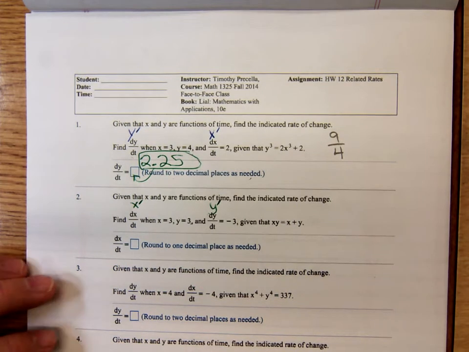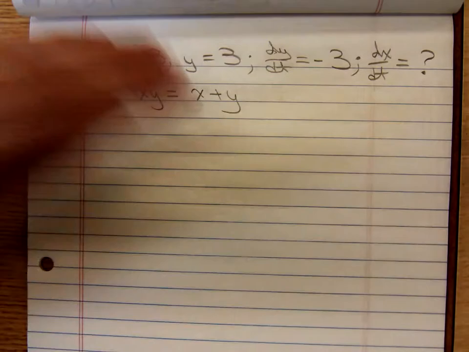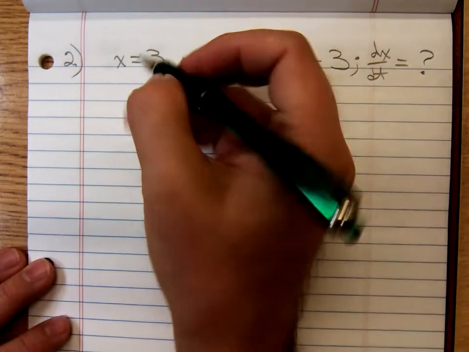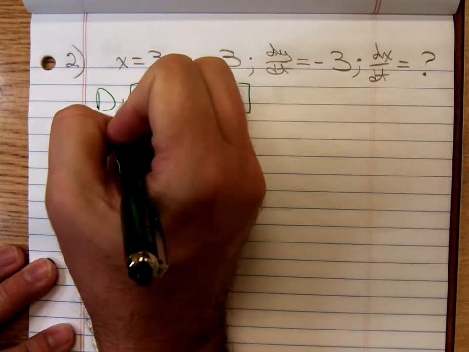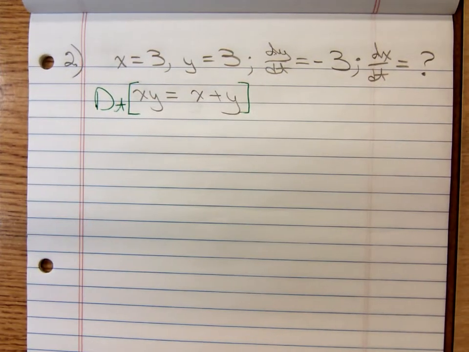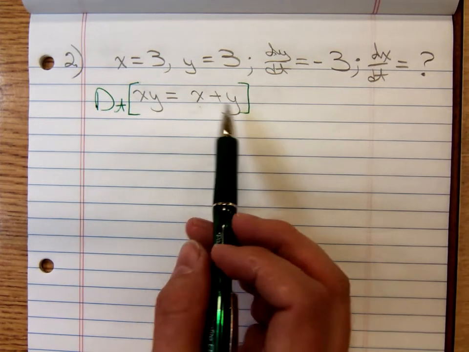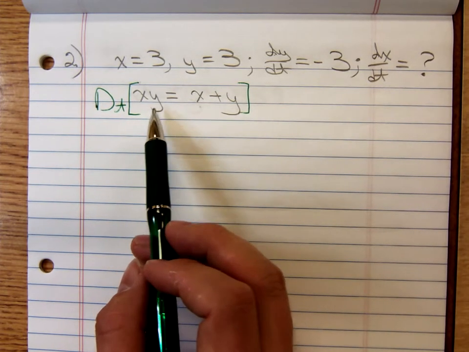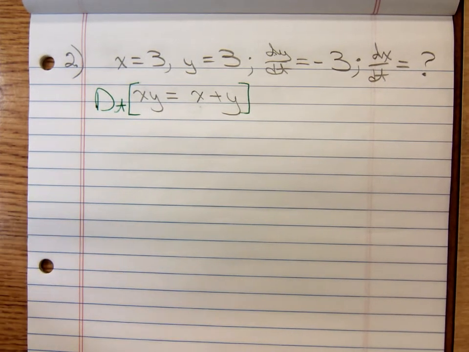What derivative rule are we going to have to use to differentiate xy equals x plus y? What operation's going on there? We're going to differentiate with respect to time t, and what derivative rule will we need to use? In particular, here that's just a sum, so you differentiate the terms individually, but for x times y, it's a product, so we're going to have to use the product rule. So using the product rule,